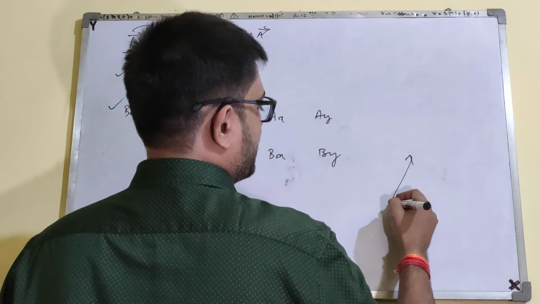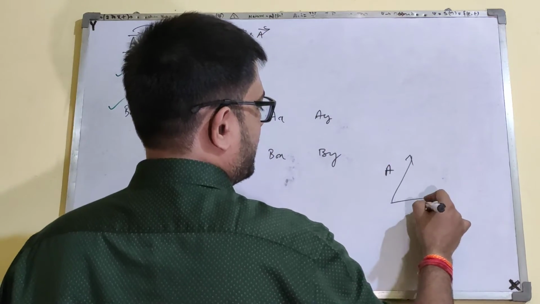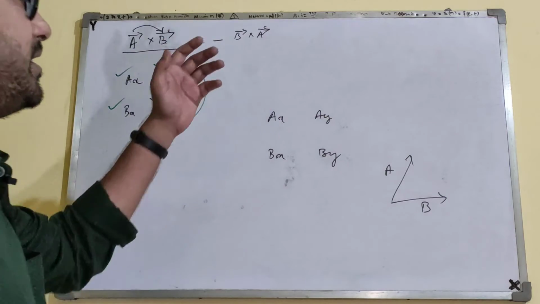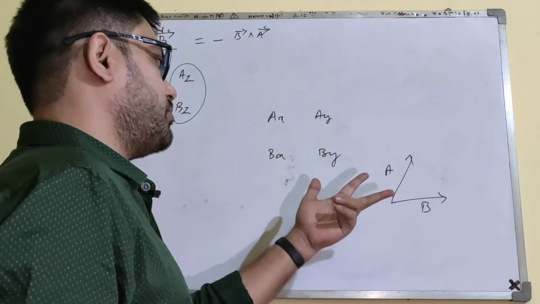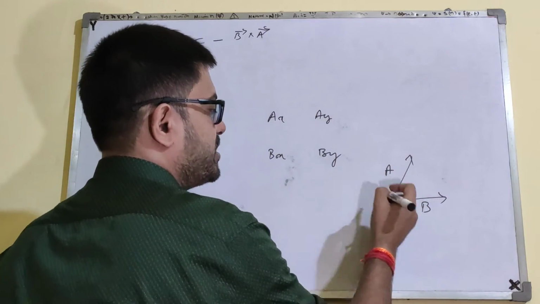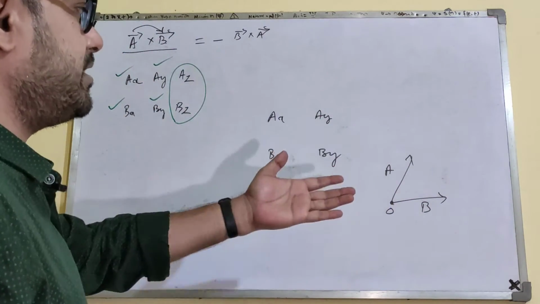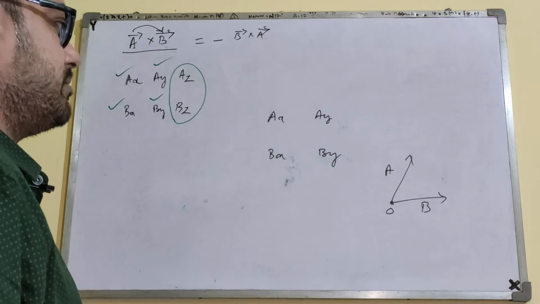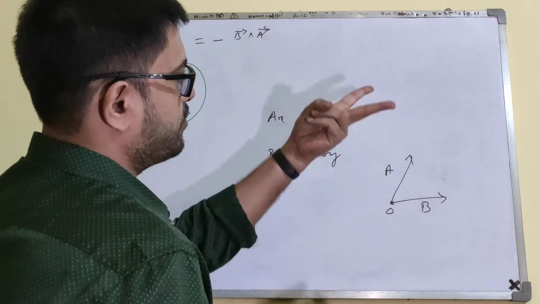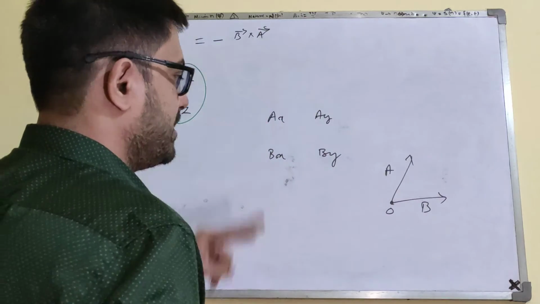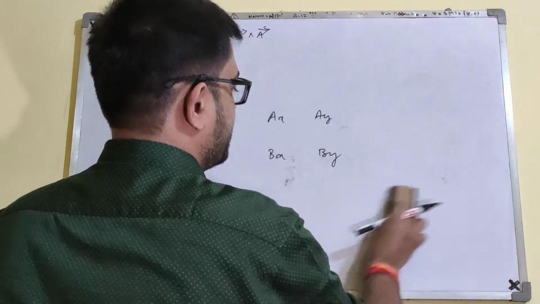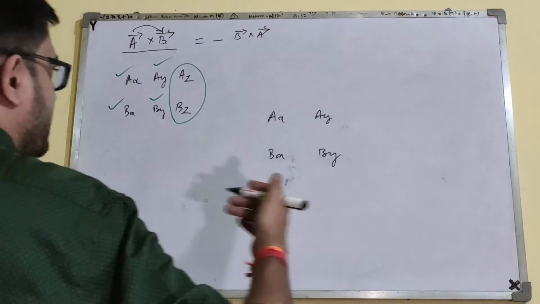If there are two vectors A and B, of course it is obvious that two vectors would always be in a plane, but that plane does not have to be the XY plane or the Z plane. It could be oriented in any way, like this, like this, or like this. So we have to find a general expression for the computation.